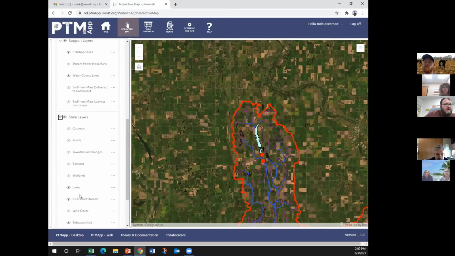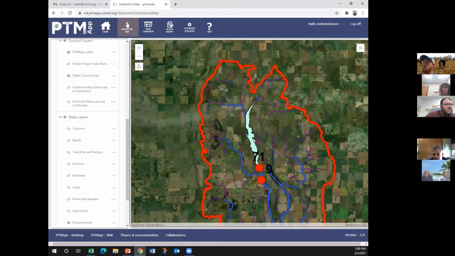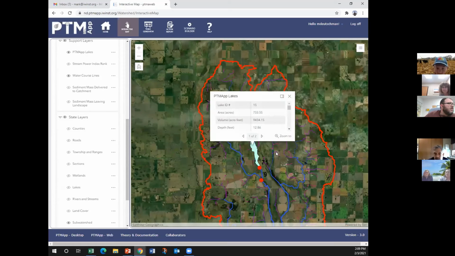I'm going to turn off my lakes layer. So this must be one right here. And the nice thing, again, these are areas that are included in the desktop version of PTMApp when it was run. And the neat thing about this, I think, you'll notice it corresponds with a resource point, this outlet number